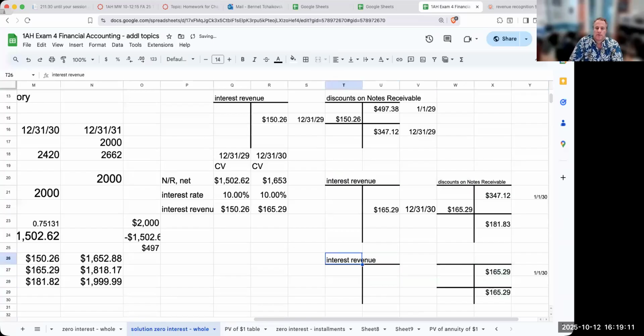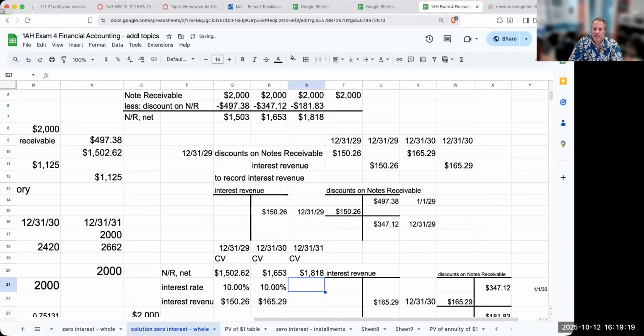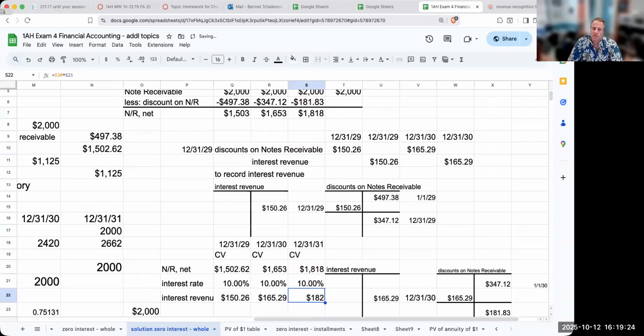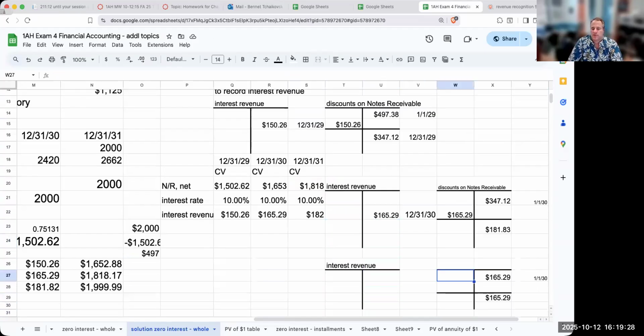So on 12/31/31, my carrying value at the very beginning of the year was 1818, my interest rate. So my interest revenue for the year is going to be 182. Okay, so when it comes to this part over here,